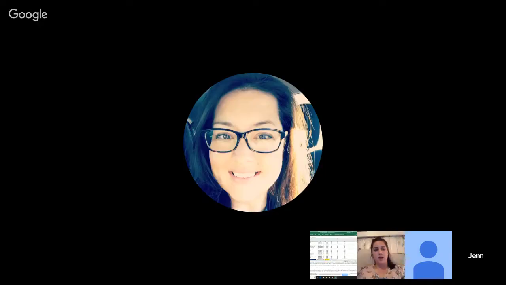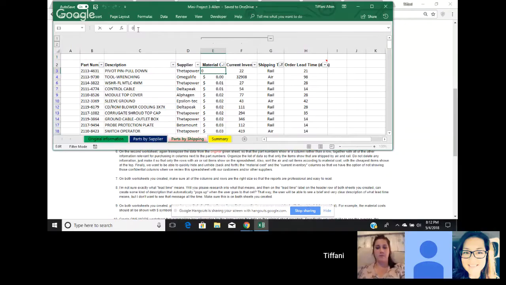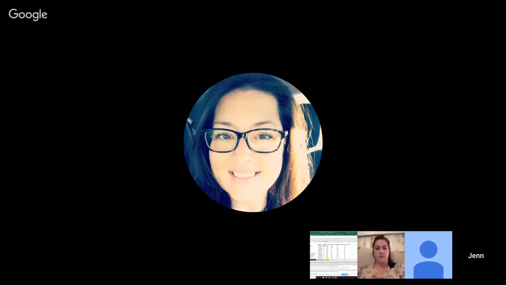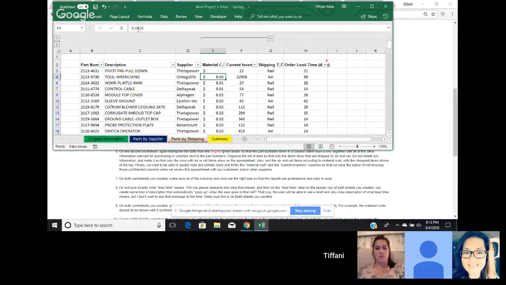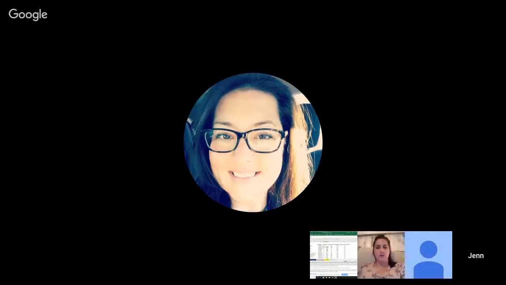Also, sort the air and rail items according to material. This item shown at the top. So that's when we do the sort again, correct? Custom sort. Yeah. Sort by material cost. I sorted by material cost and that. Yeah. It's weird. And we want to be able to quickly hide and